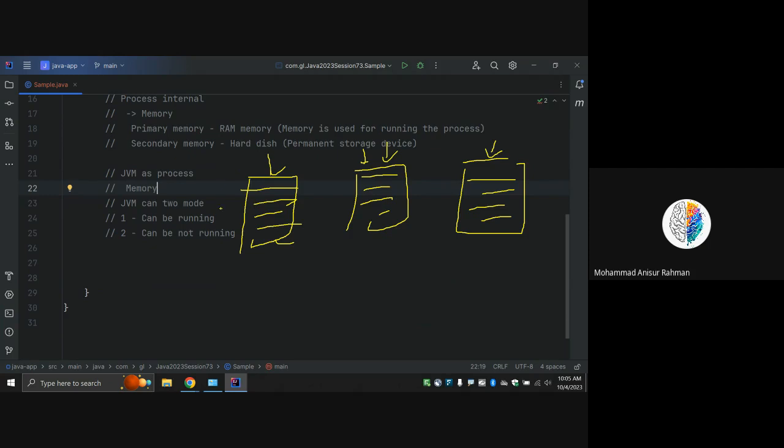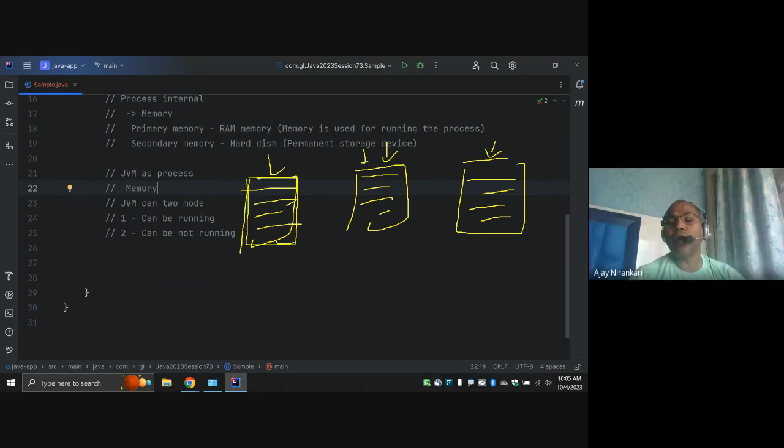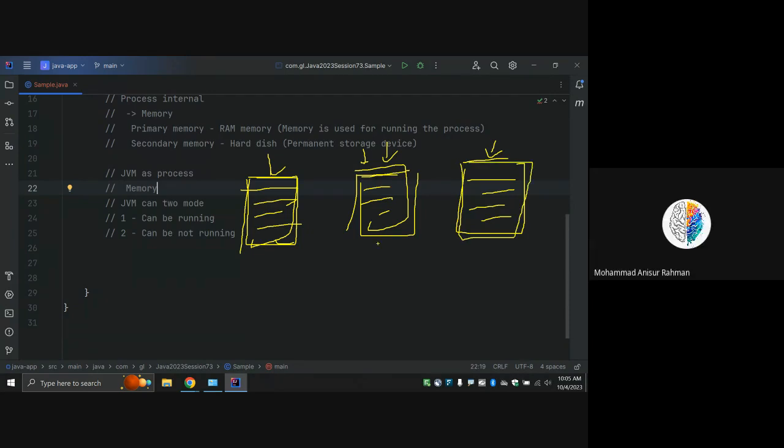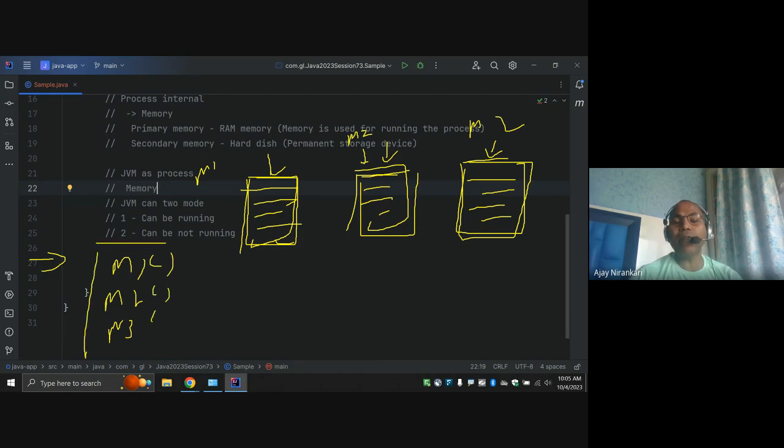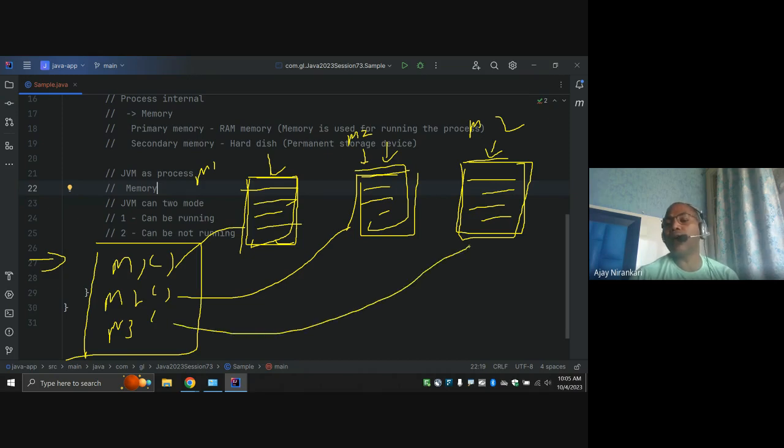These three tasks, these three logics, these three methods are independent. But whenever I run it as a Java application, I call the M1 method, M2 method, M3 method. So I call M1, then M2, then M3. In this way we are calling the methods. By the default nature of the Java language, it completes the first, once done it completes the second, then it completes the third.